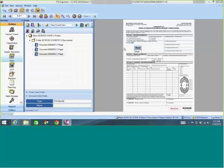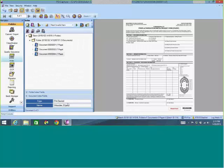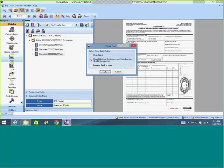Now, note, these fields over here, I can have as many of these as I like. There's a number of ways we can fill them in. I showed you the automated method. I showed you point and click. We can hand key. We can have drop downs. So as you can see, I've captured the faxes, prepared them, entered information really quickly about 3 separate faxes, and